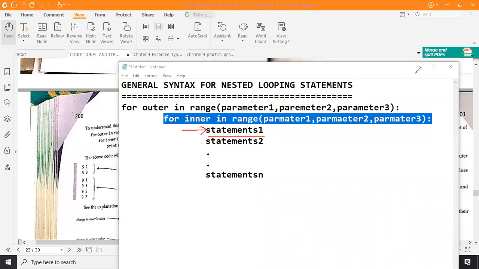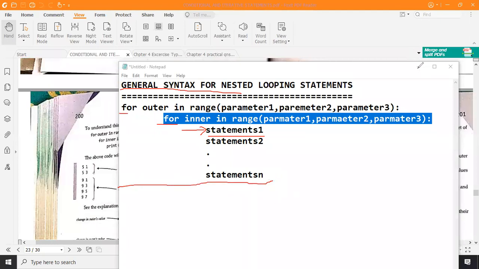So let's start with a few examples so that it will be clear. Here, I'm just giving you some concepts and some logic you have to understand. Right now, as you can see, this is a blank file. I mean, there are no lines. So simply we are able to understand this is the first line of this file. That is, I have written something, the general syntax for nested looping statements. This is the first line. Then in the next line, I have used the equal to symbol. So this is the second line, then this is the third line, fourth, fifth, sixth, seventh, eighth, and ninth line. So here you have to imagine different lines, right?